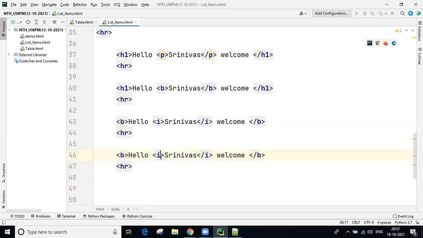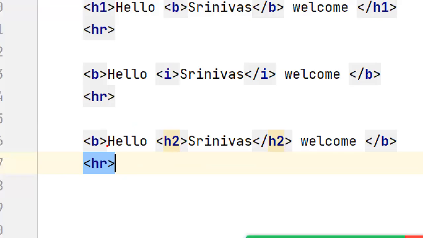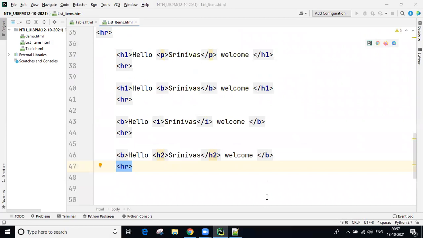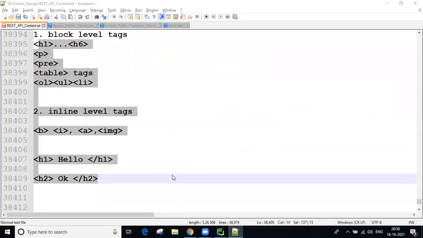This is a block level. Now I'm going to take the inline level, guys. Inline level. Okay. So right now, hello, you are getting this on a new line, or the same line, you are going to get H2 related content. In the new line you are getting it because of block level. Okay. So now you can see.